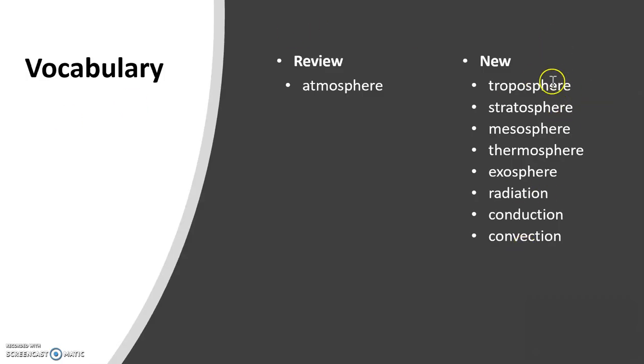Your vocabulary for this section is here. You should be able to define these words. You'll notice that these first 5 words are the layers of the atmosphere. The atmospheric layers are here. And then the 3 ways that you can transmit energy are listed right below those. You should be able to define those words, understand where they are found, and how they can be described or